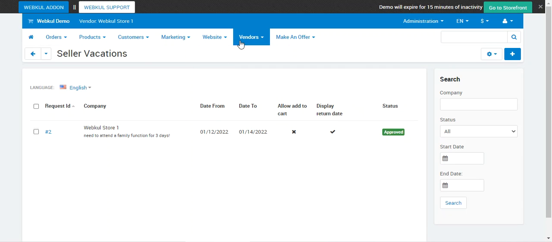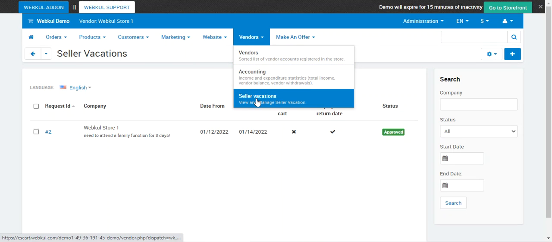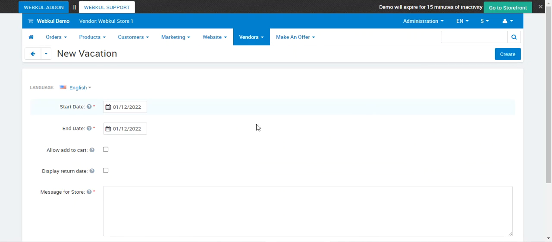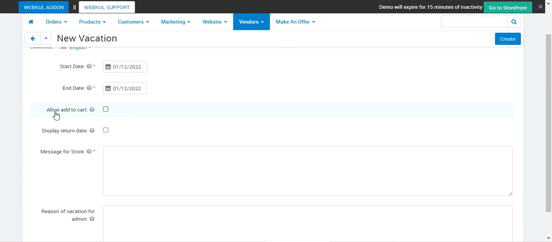For that, they'll have to navigate to vendors, and under that, seller vacations. Here they have to tap on the create vacation button, and they have to set up the start date and end date of the vacation, and whether they want to allow the add to cart button. So if you check this box to allow the products to add to cart when the seller is on vacation,